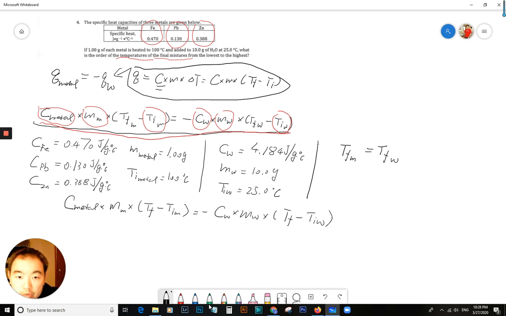Then you can just put all the parameters into this equation, and we can solve the problem. We can do this one by one. We will start